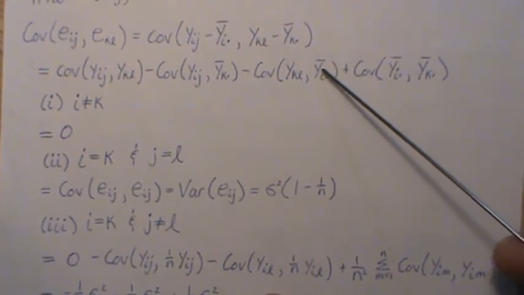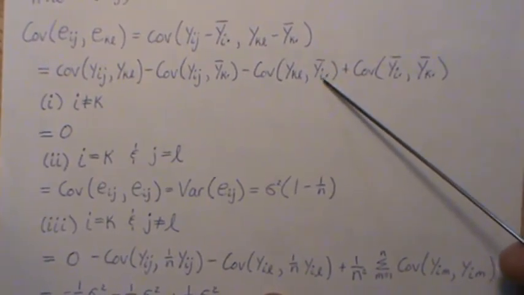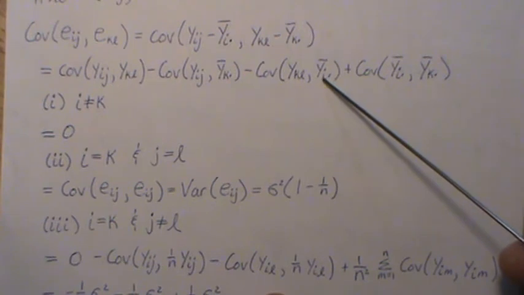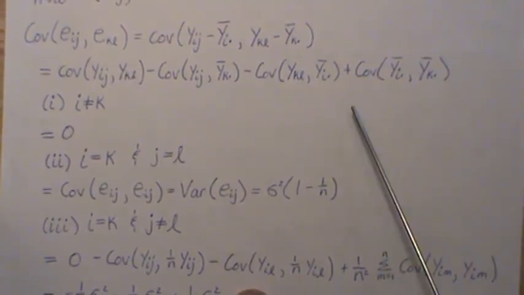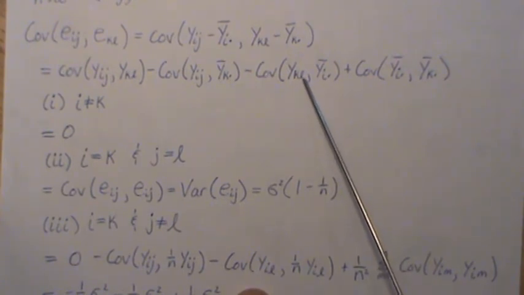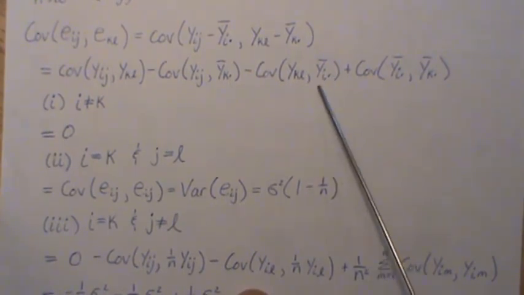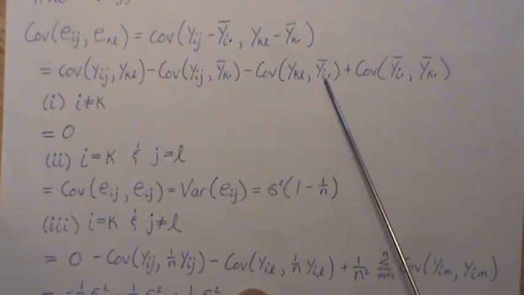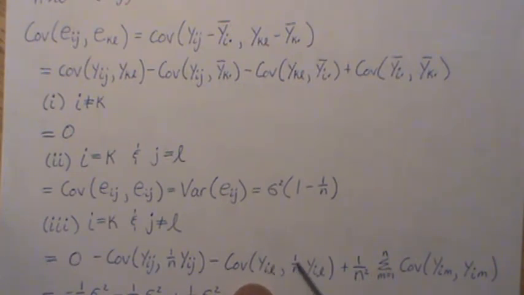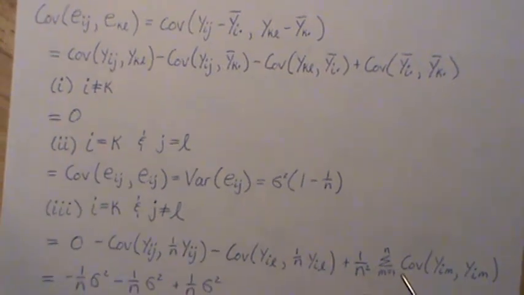This is the 1 over n sum of the EIJs. But if K and L are equal, so that we call it just I, and the index of this is not equal to L, then it's different observations. The covariance is 0, so the only case that's non-zero is when it's L. So with the covariance of IL, 1 over n YIL. And then the same way here,